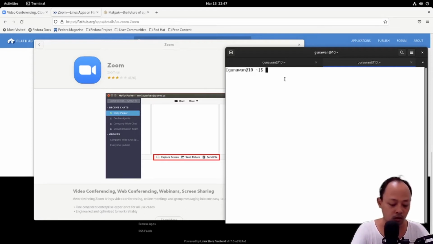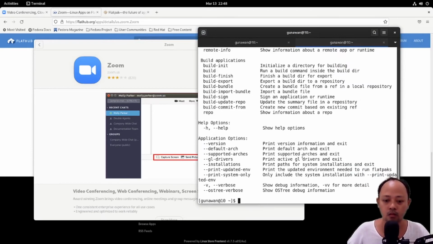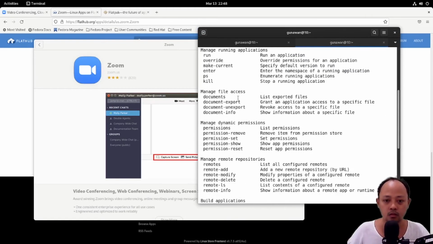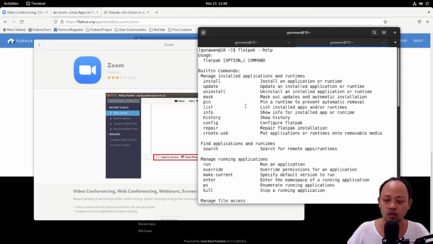Usually I need the documentation of the Flatpak. We can just type flatpak help. And then we need to list the apps that are already installed with Flatpak.